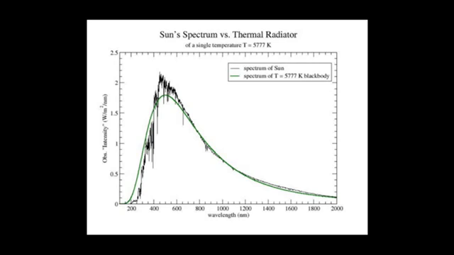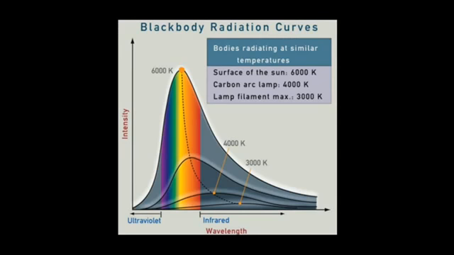Let us try this with the sun. We can look at its spectrum and see that it's about 6000 Celsius. Then if we go and measure the temperature of the sun, we find the same thing. It turns out it's about 5778 Kelvin. Close enough.